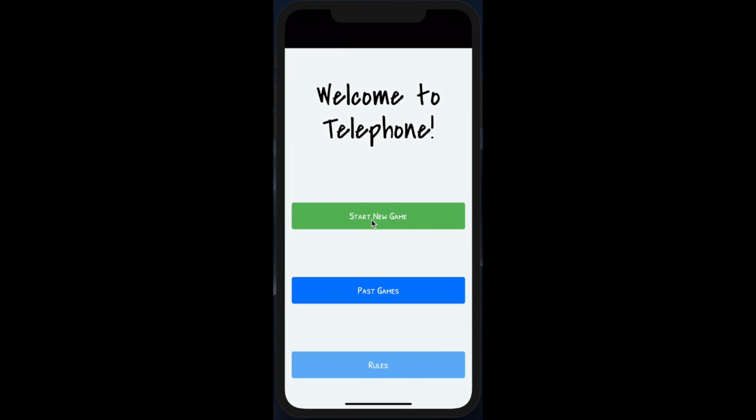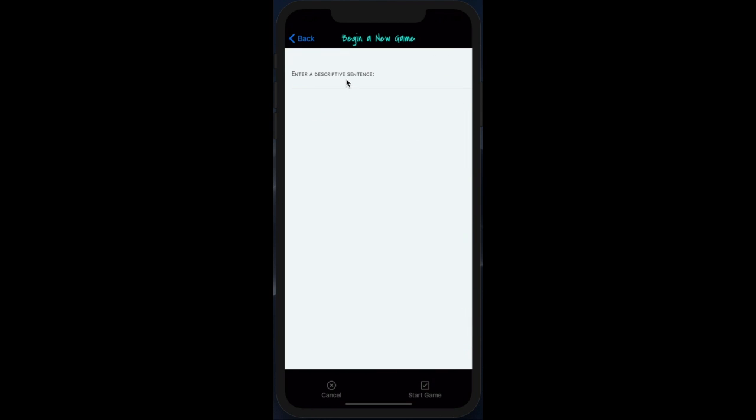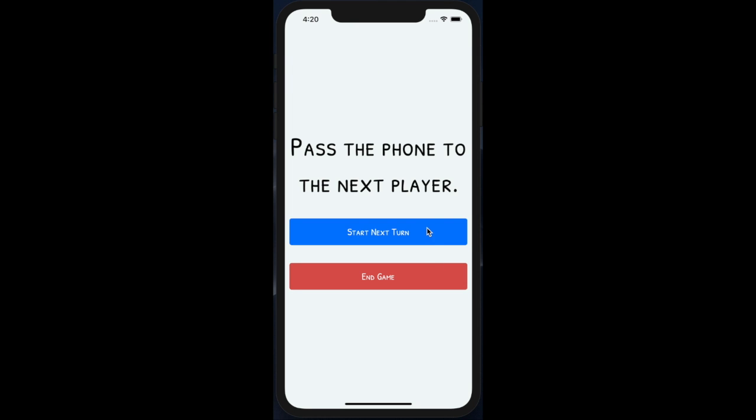Let's go ahead and start a new game. We'll keep it pretty simple because I am not wonderful at drawing, and just say a hot cup of hot cocoa. Now, of course, it is funner and more confusing the more that you add on and the broader of an initial sentence you start out with, but we'll keep it easy just for sake of this demo.